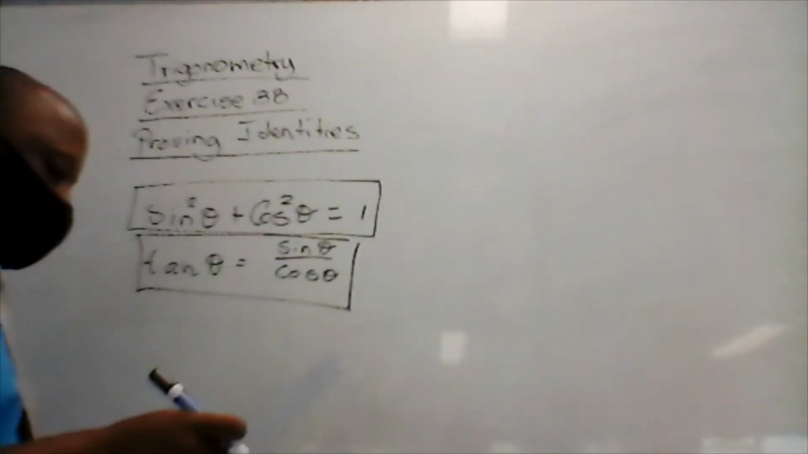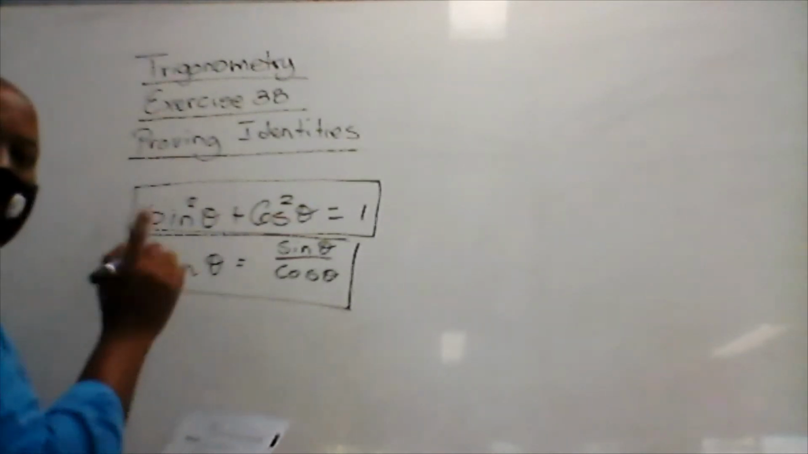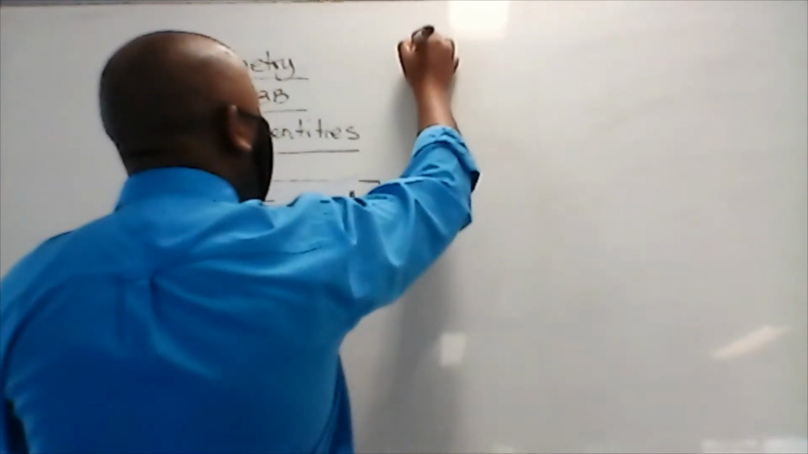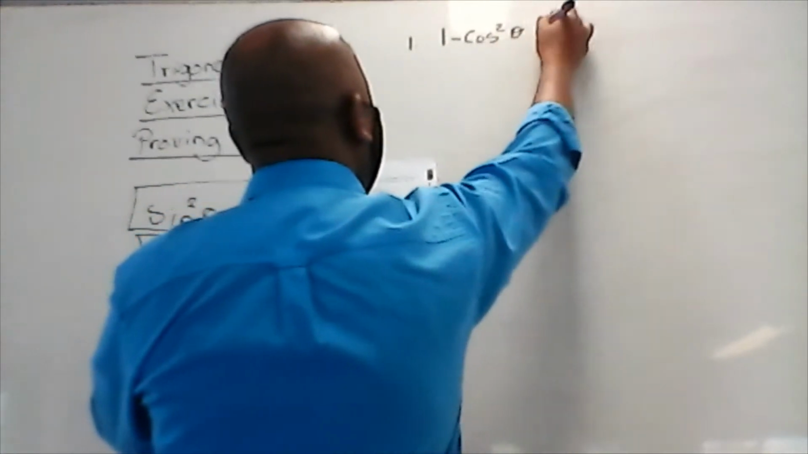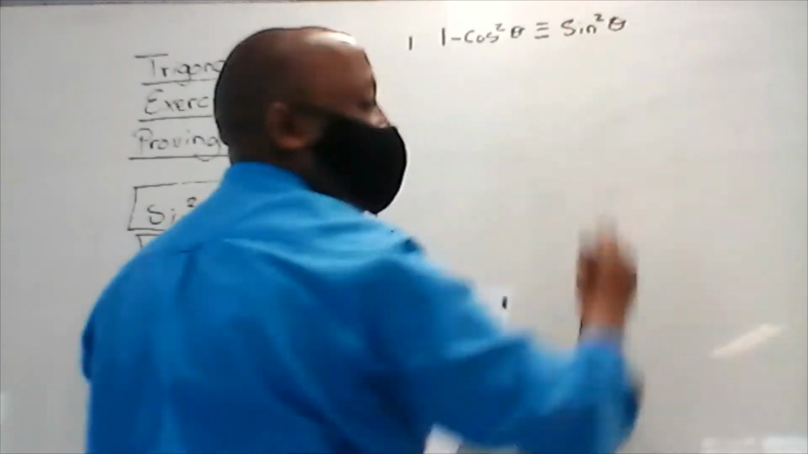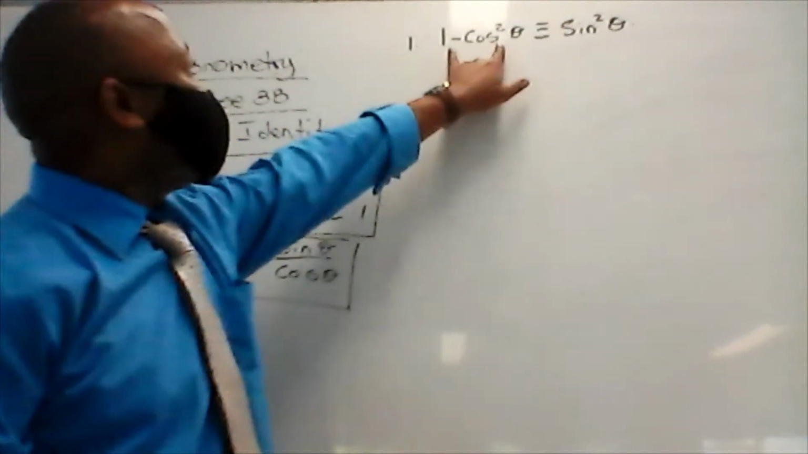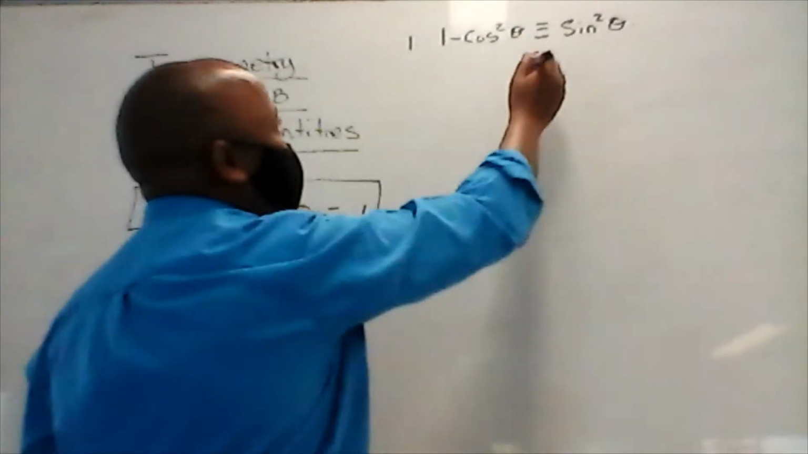Right, now keeping those in mind, here's a question. Prove each of the following identities. Number one, prove that 1 minus cos squared of theta is equivalent to the sine squared of theta. Because these are prime identities, the best thing to do, or what I advise you to do if you